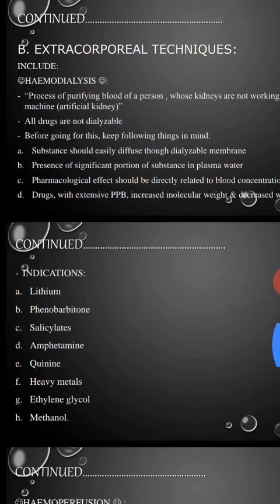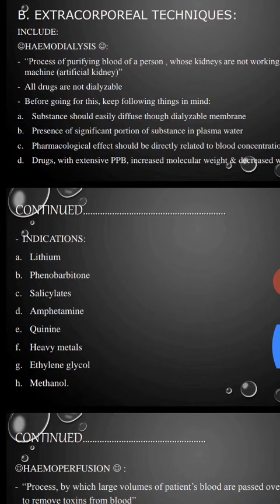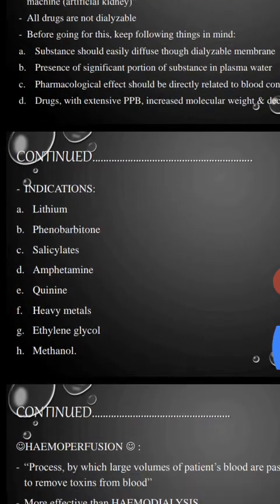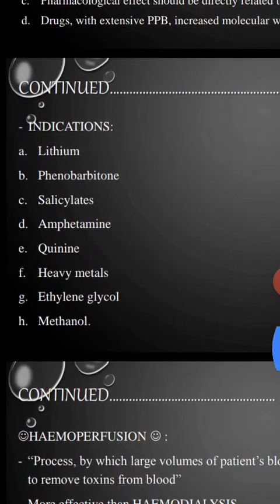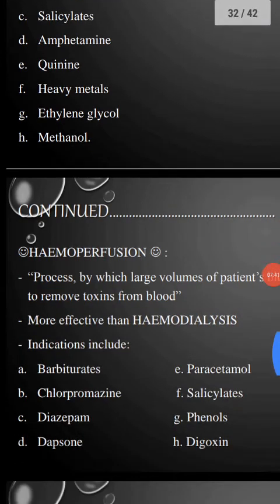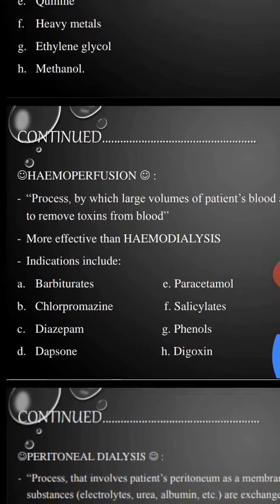So these are some poisonous conditions where you can go for hemodialysis: lithium toxicity, phenobarbital, salicylates, amphetamine, quinine, heavy metals, ethylene glycol, methanol. Okay, so one more thing is,